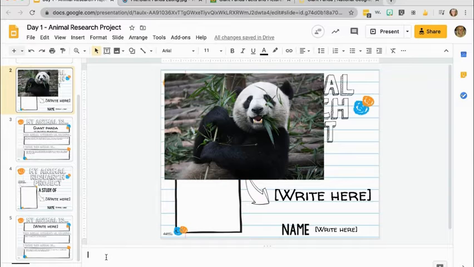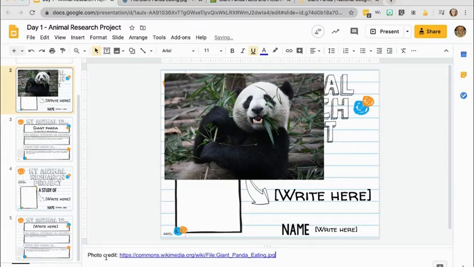And I'm going to click in the box, and I'm going to type in photo credit. So I want to make sure to acknowledge the people that took this photo and that I'm using this photo from. So here is where I'm going to Control V, paste the URL that I got from that site. Okay, so now I've given credit where credit is due,